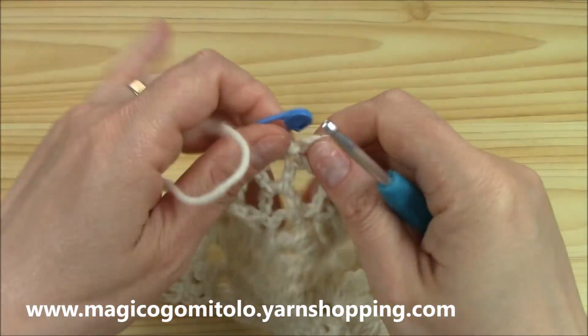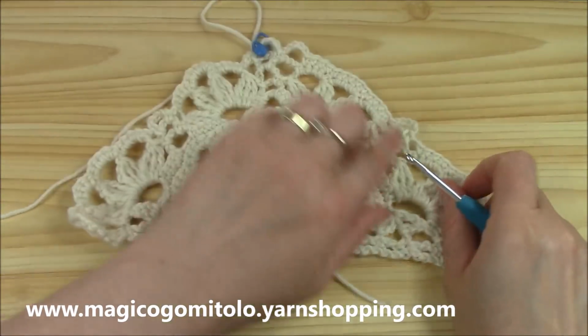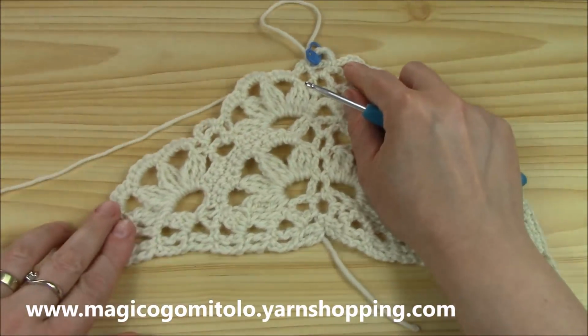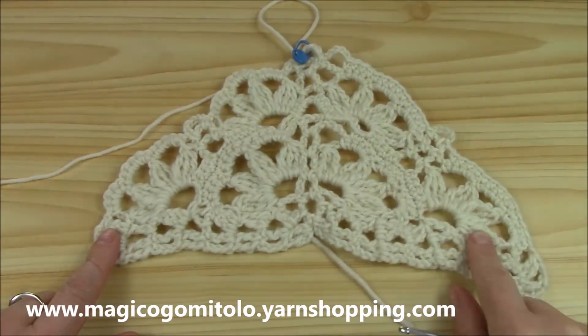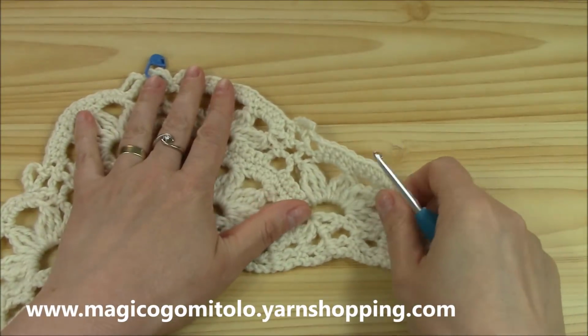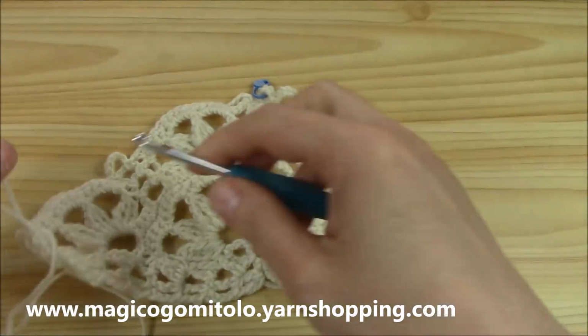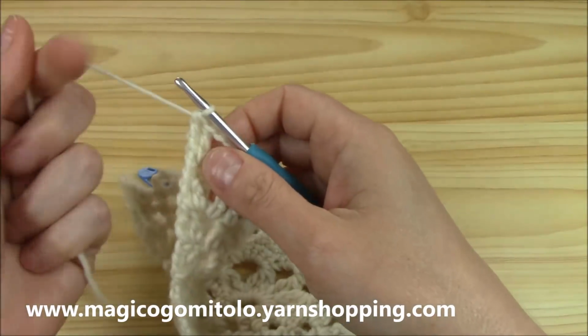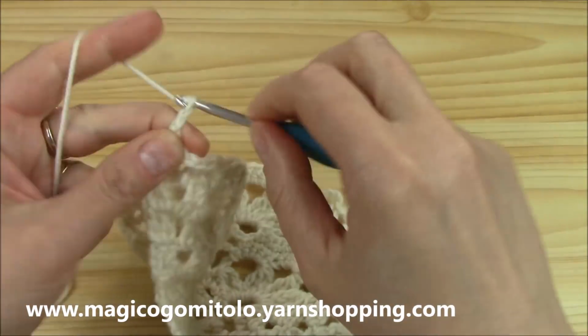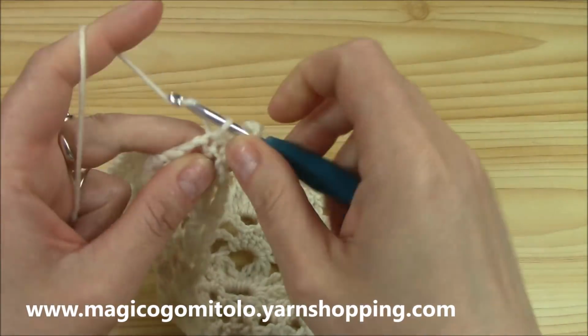So we will chain 5 and then work exactly the same thing that we worked on this side, only that it's in the mirror, so we go on the contrary. So let's go with the fourth and the last, and now it's pretty understandable actually. 1, 2, 3, 4, and